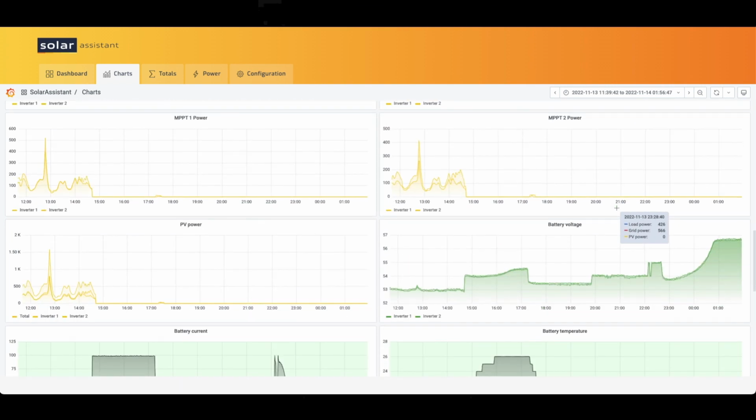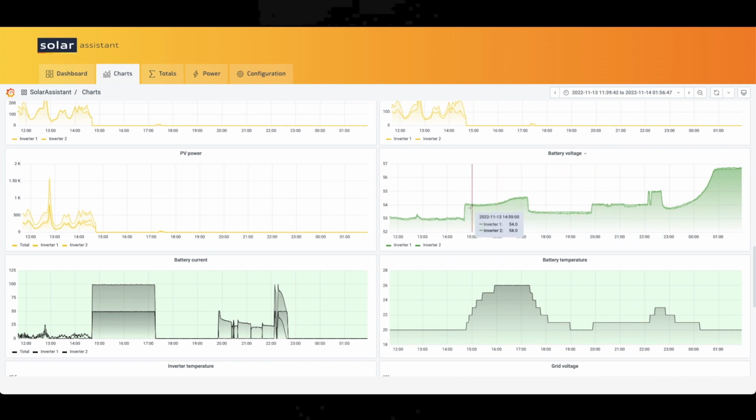And I can come down here to battery voltage so that you can see that. 54, 54, 54, 54.5. Never hit its 56.8. And right in here, when it got turned back on, it still hovered at that 54. And then I made the change to float to bring it up to 55. And then I did change the float to get it all the way up, 56.8. So yeah, that battery voltage never hit its...